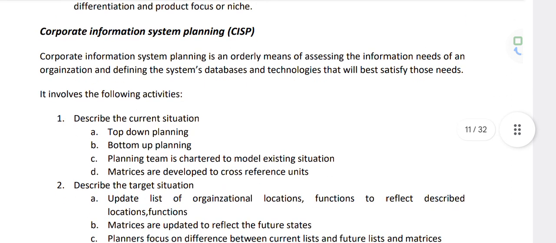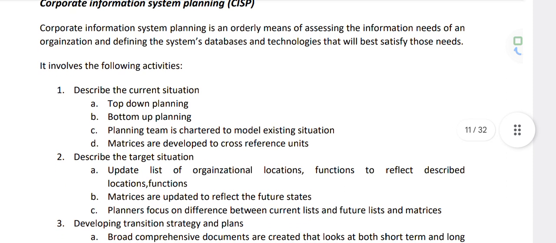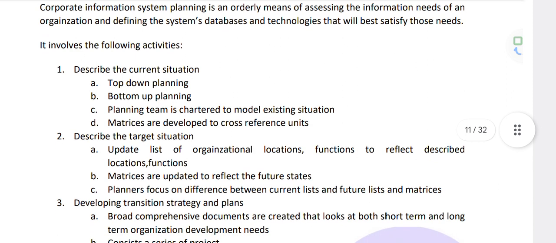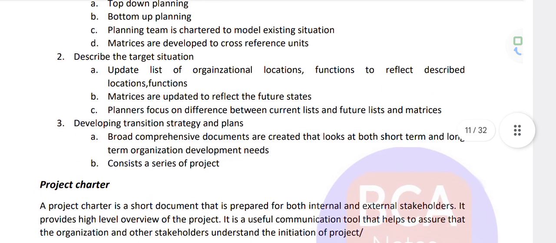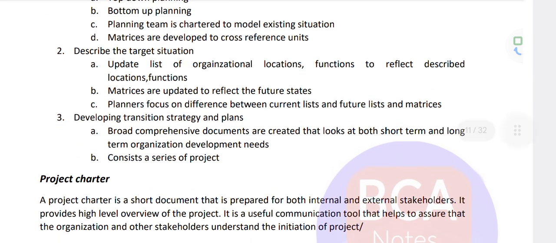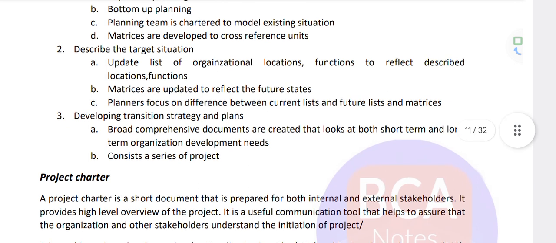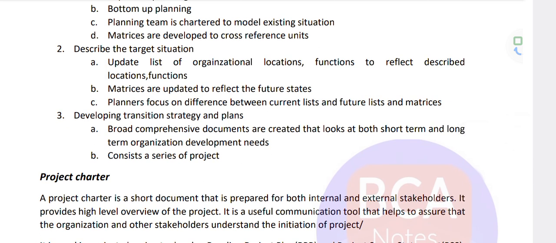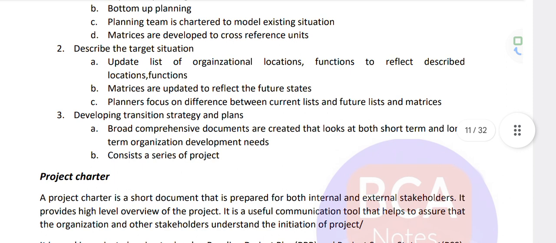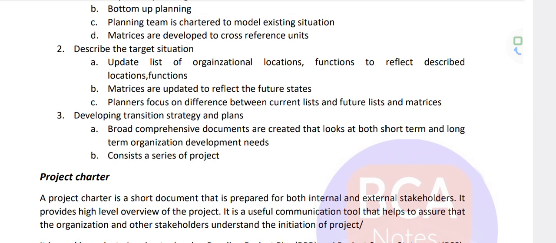Top-down planning, bottom-up planning. Planning team is chartered to model existing solutions. Matrices are developed to cross-reference unit, object, list, and organizational location function to reflect the described location. Matrices are updated to reflect the future state. Planners focus on differences between the current list and future list and the matrix. A broad comprehensive document is created that looks at both short-term and long-term organization development project needs, consisting of a series of